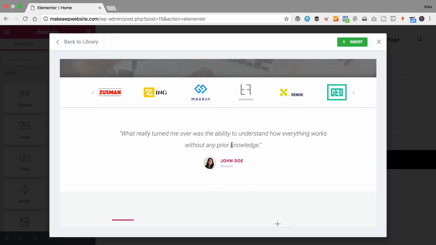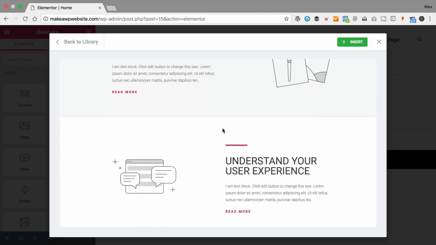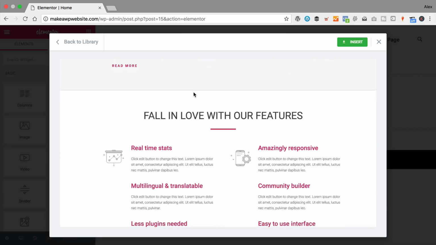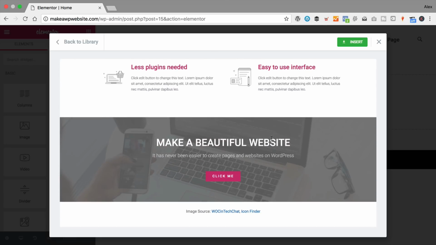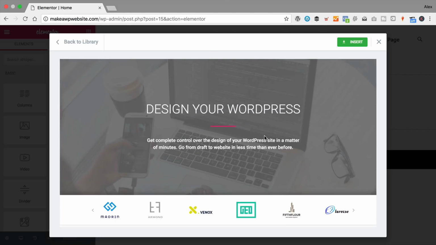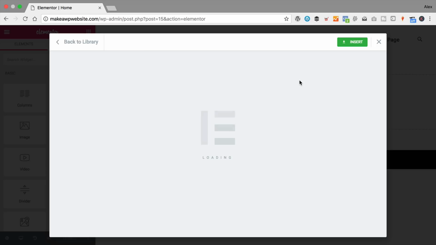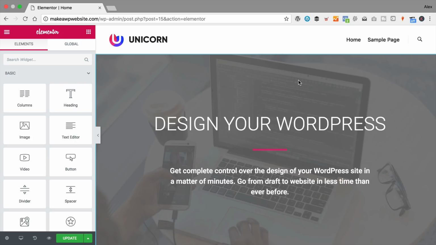It's got nice testimonials and bits to have text and nice icons, and I don't know, it just looks nice. So I think we'll go for it. So to insert, we just click this insert button up the top. There we go. Come down here, click update,